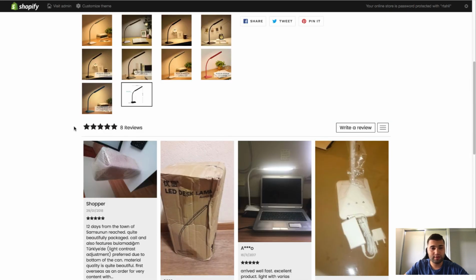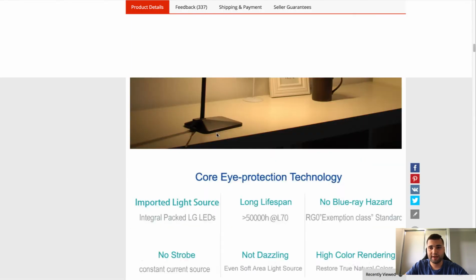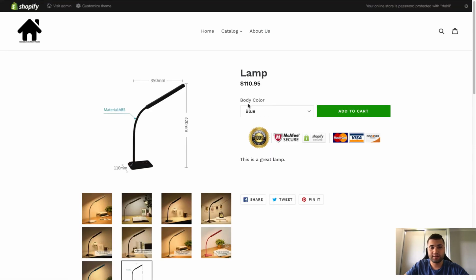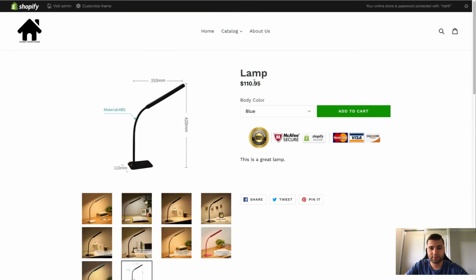What you can do as well, if you have a developer or know how to code, you can code the trust stars, or those 5-star ratings, up here, which can really help as well. Similar to this AliExpress page here, if we scroll up, they've got the stars at the top. So it's good if you can get an app or recode this so the stars are at the top there. All right, so we have our trust logo, add to cart, but we can see our